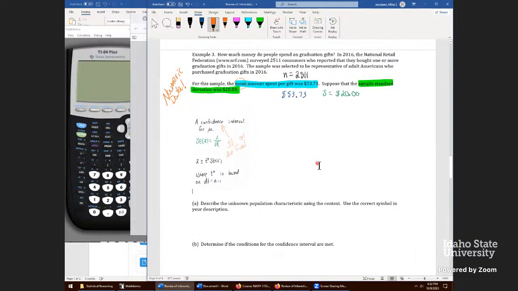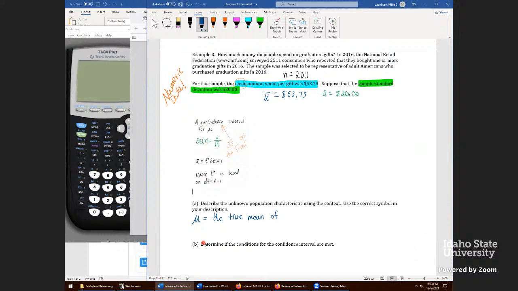And so those are the methods we'll use. Now we just have to run through it. First thing we need is the unknown population characteristic. But if you have, oh, I forgot to write out X bar. If you have X bar in the problem, you're dealing with mu in your population characteristic down below. And the way this one would read out is mu is going to be equal to the true average. Sometimes average is not bad. It's more understood to the general public than mean. I'll go with mean. It'll be the true mean